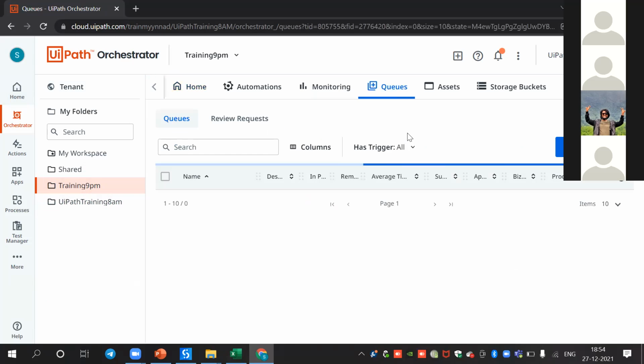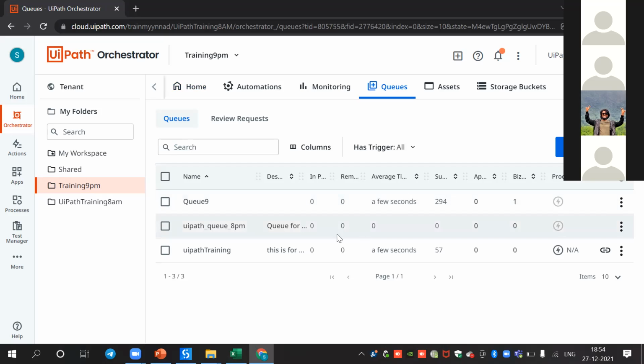Just go to queues and see what queues are available. So this is the queue we